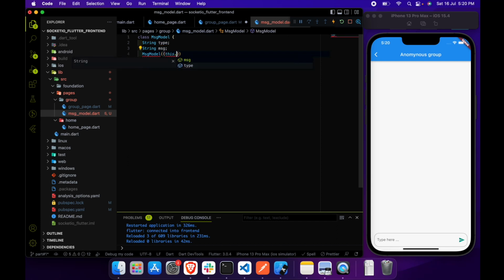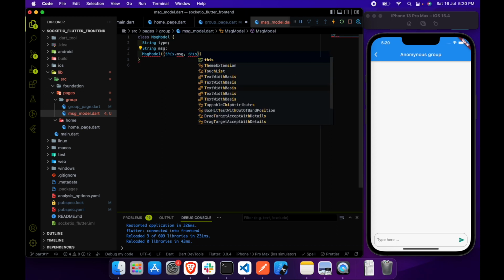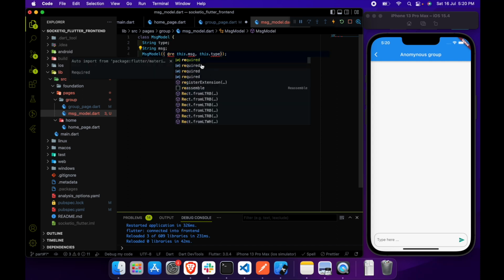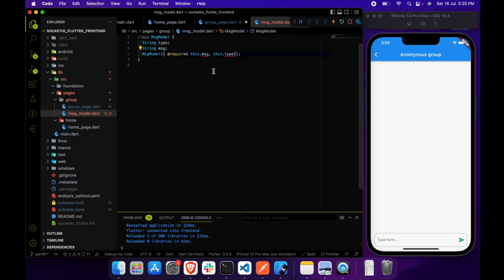It will have this.message, this.type, and it should be a required parameter, required. And required. So this is a kind of structure